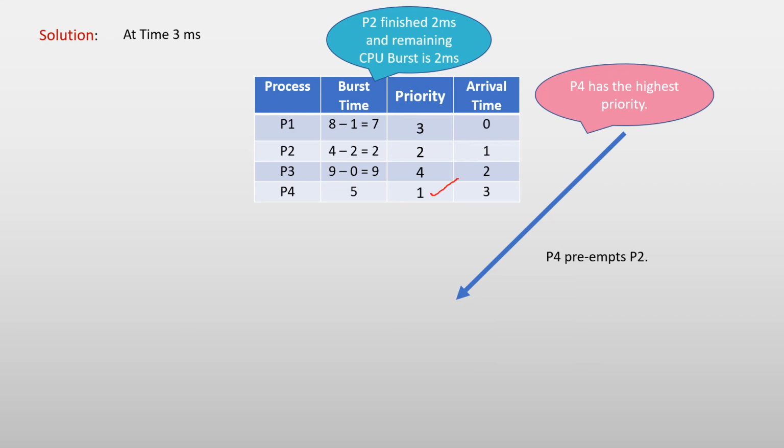Since it has the highest priority in the system right now, it will preempt the running process, and hence P4 preempts P2 and takes over the CPU. So P1 executed for 1 millisecond, P2 executed for 2 milliseconds, and